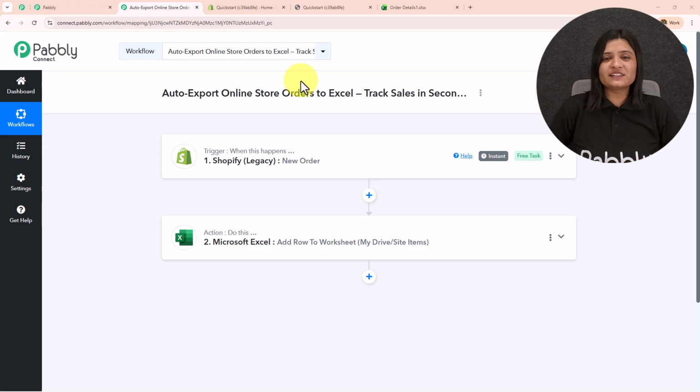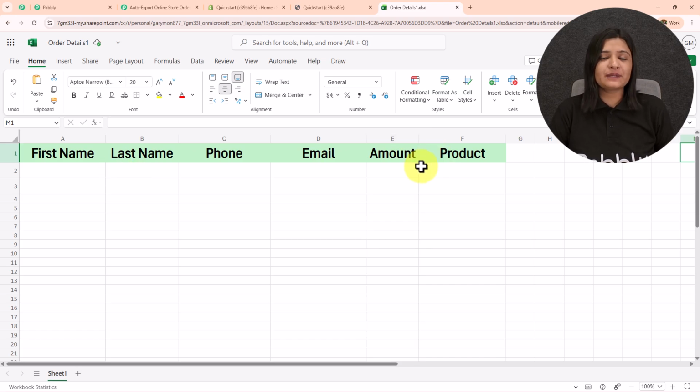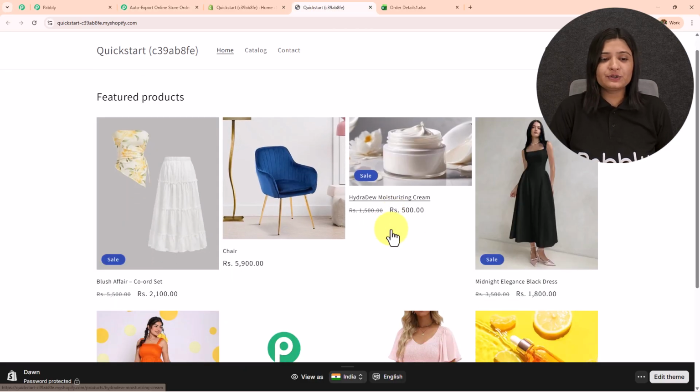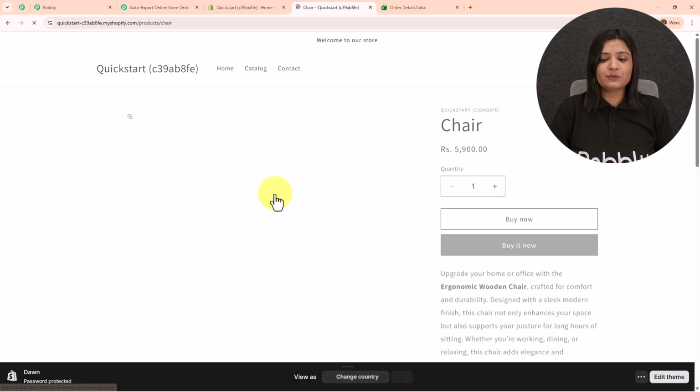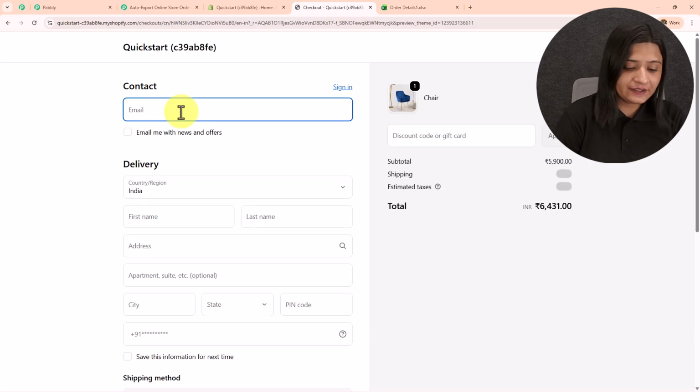Here I have created this wonderful integration using Pabbly Connect, where I have built a connection between Shopify and Excel, and we are going to test this automation workflow once to see whether it is working fine or not. For that, I will be creating a new order on my Shopify store, and if the order details are automatically added in my Microsoft Excel workbook, then this is going to show us that the connection setup is working fine. I'm going to, let's suppose, get this chair, so I'm going to buy it now. I'm going to enter some details. So I'll enter my name as